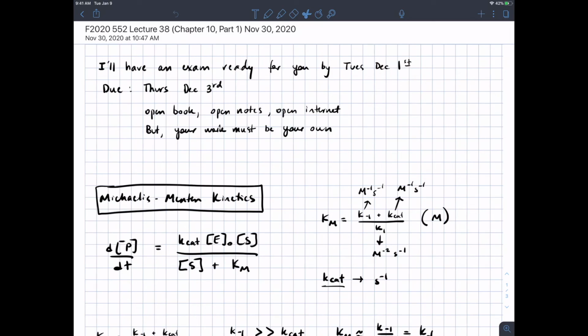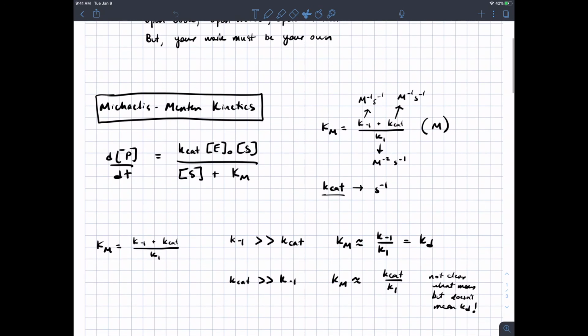So I wanted to finish up on Michaelis-Menten kinetics. There's just a couple of things left to do. Recall that we derived this expression for the appearance of product based on the steady state approximation, and the mechanism that's associated with this equation is